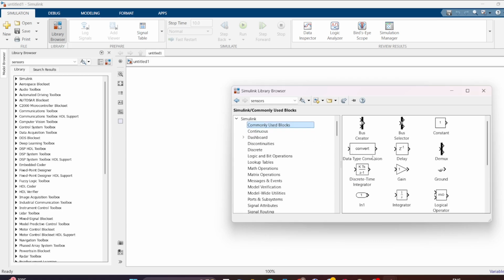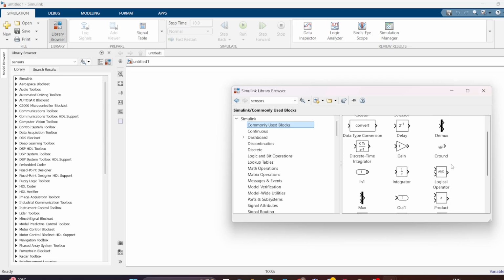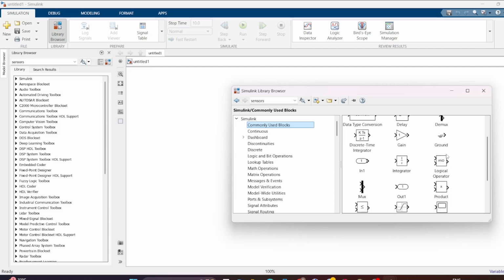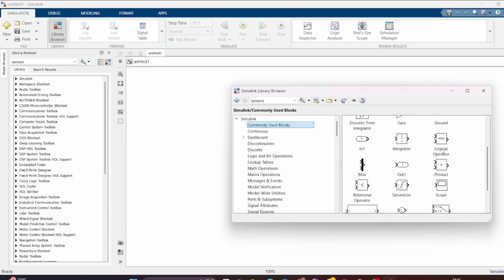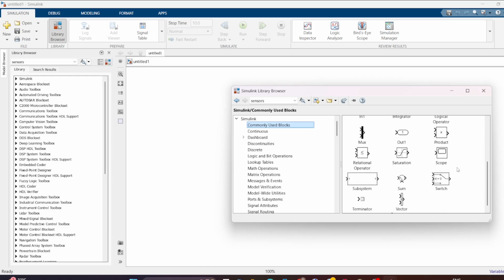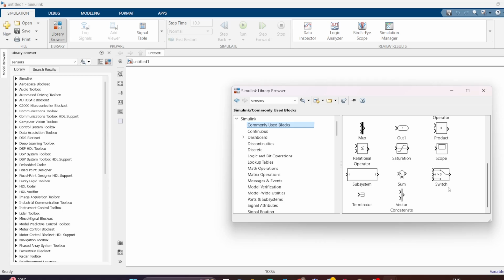In Commonly Used Blocks, there are several kinds of blocks. Like the first one is Bus Creator, Bus Selector, Constant, then Data Type Conversion, Delay, Demux, Discrete-Time Integrator, Gain, Ground, then Integrator, Logical Operator, Mux, Saturation, Scope, Subsystem, Sum, Switch, Terminator, Vector, etc. Then